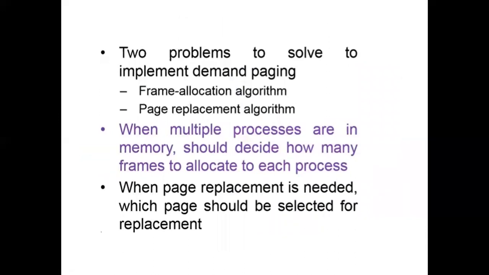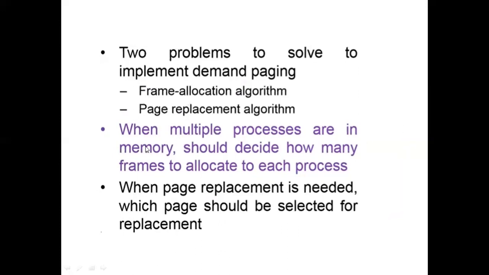Now we just spoke about the need for page replacement. Now, what are the different ways you can solve this in demand paging? Initially we spoke that one way is making sure you allocate the right number of frames for the process so that there are still free frames remaining. We call that the frame allocation algorithm. One way is that you make sure there are a few free frames, or else, if there are no free frames left, then you implement the page replacement algorithm.